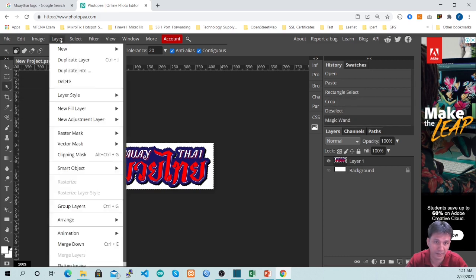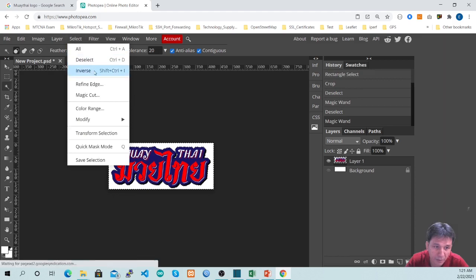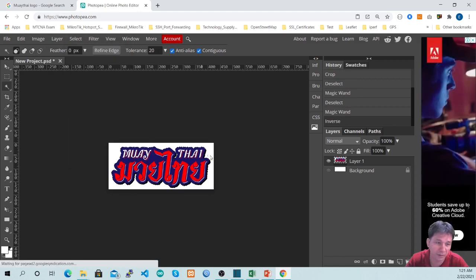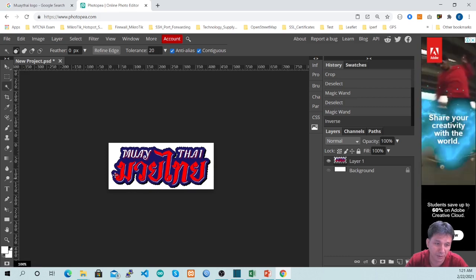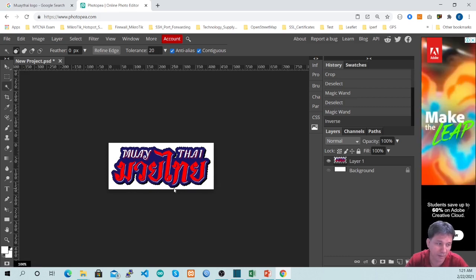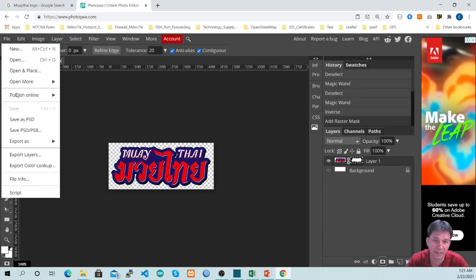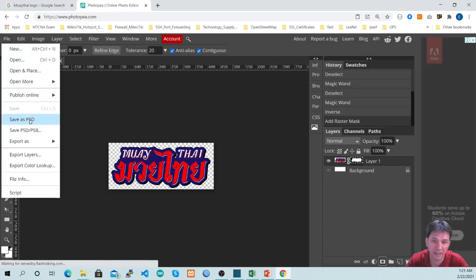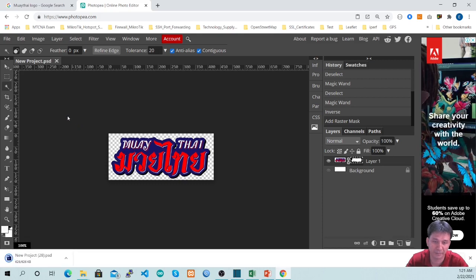Okay, and then select inverse, because we want to select the Muay Thai logo, we don't want to select the background. And as you learned before, there are two methods to remove the background. I will use the second method, add raster mask. You can see, and then click File, Save first as PSD, and then